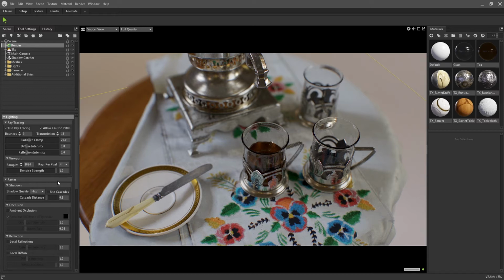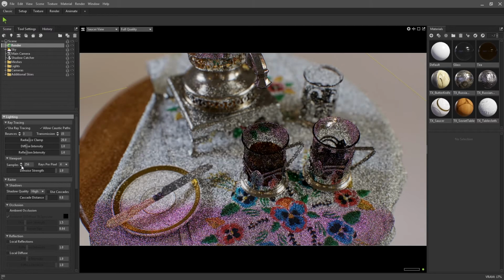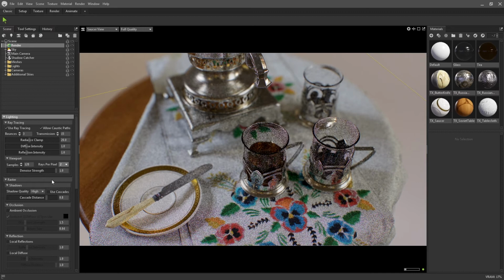Below this is a slider for setting the strength of your denoising. Denoising uses an algorithm to remove graininess and noise from your renders, and will have more of a noticeable benefit on renders that are using less samples. You can disable it completely by setting it to 0, or you can have it set to a high value if you're wanting to work quickly in the viewport with a low sample count. High denoising strengths can crush details out of an image, especially in textures, so it's recommended to reserve those for